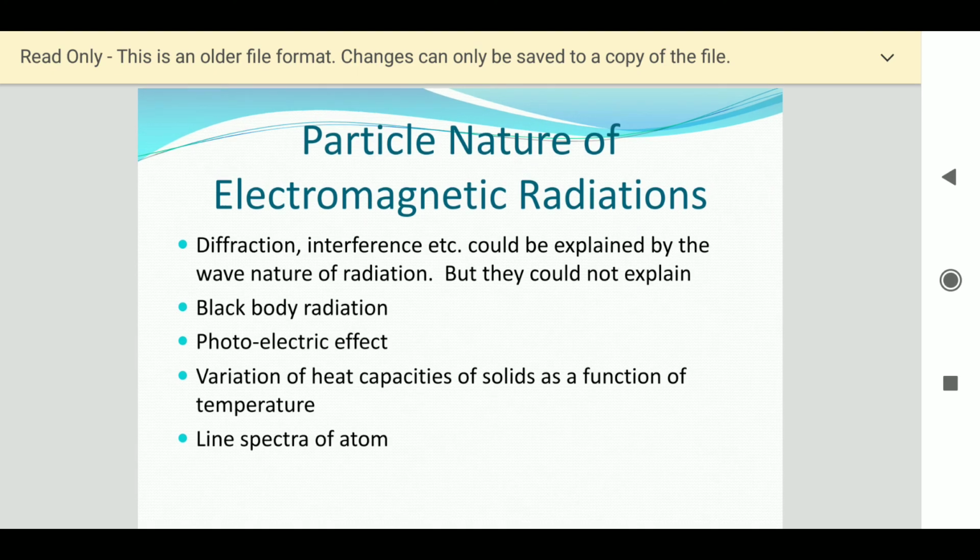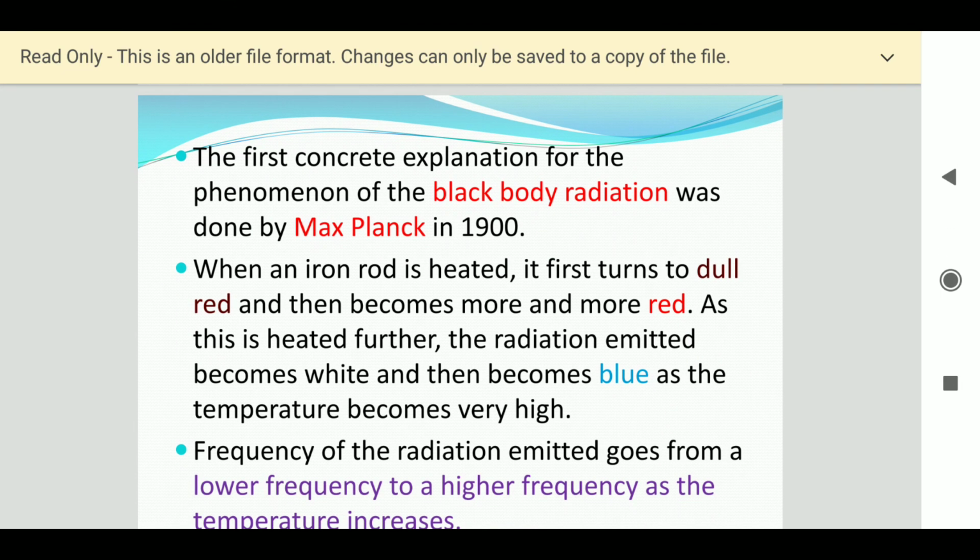नाउ टॉकिंग अबाउट द पार्टिकल नेचर, फर्स्ट हमने वेव नेचर के बारे में पढ़ा, इलेक्ट्रोमैग्नेटिक रेडिएशन। नाउ टॉकिंग अबाउट द पार्टिकल नेचर ऑफ इलेक्ट्रोमैग्नेटिक रेडिएशन, so diffraction and interference could also be explained by the wave nature of the radiation, but they could not explain black body radiation, photoelectric effect, variation of heat capacities of solids as a function of temperature, and the line spectra. So the first concrete explanation for the phenomenon of black body radiation was given by Max